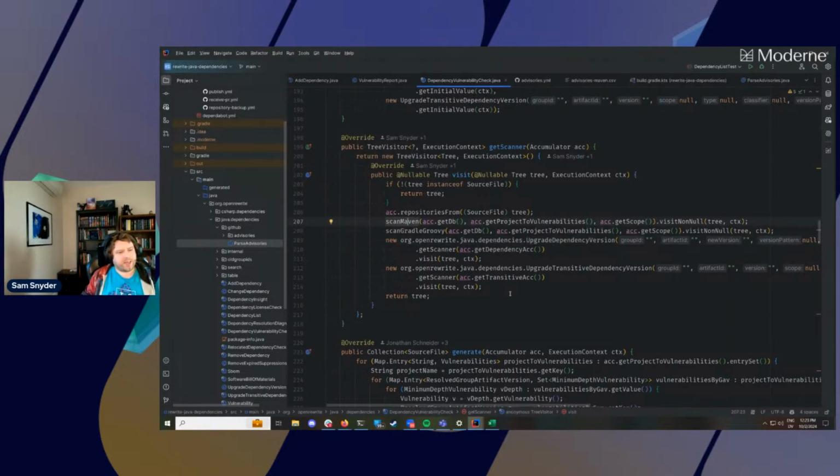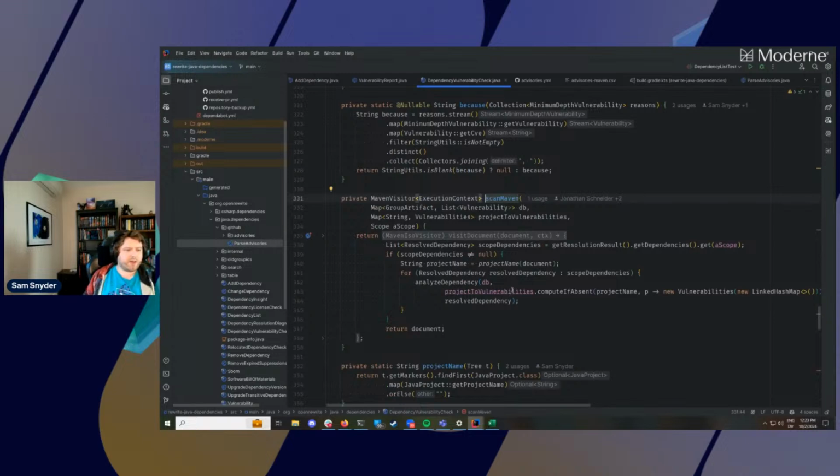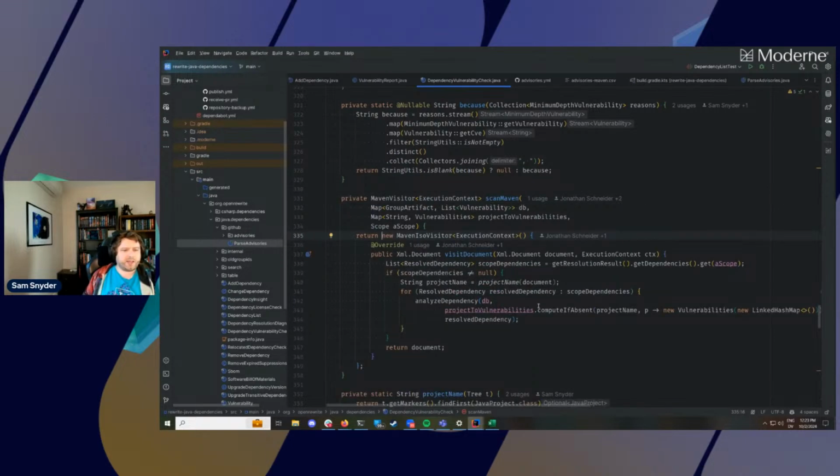And then there's these scan Maven and scan Gradle Groovy methods, which just quickly look at the dependency metadata, which is on a Maven POM under get resolution result, and in a Gradle script it's under the Gradle project marker, and then just compare those versions to the vulnerabilities that we've already populated into the database to figure out if anything is applicable.